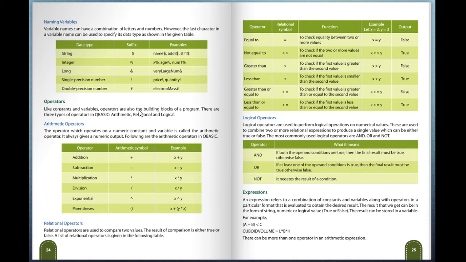Next is operators. Like the constants and variables, operators are also the building blocks of a program. There are three types of operators in QBasic: arithmetic, relational and logical. Arithmetic operators. The operator which operates on a numeric constant and a variable is called an arithmetic operator. It always gives a numeric output. The following are the examples of arithmetic operators: